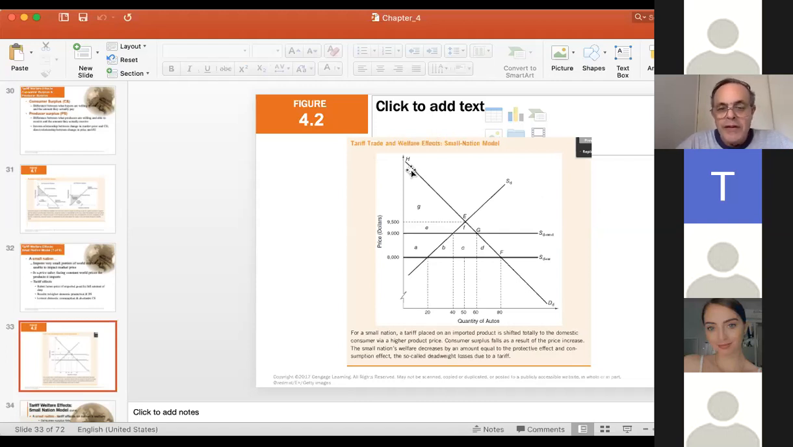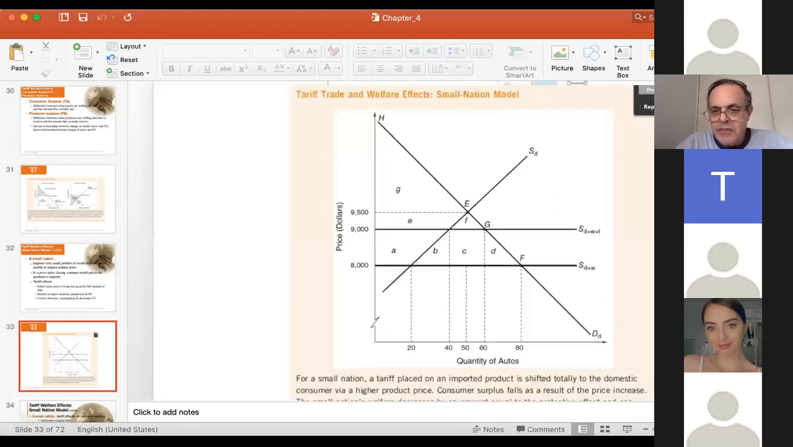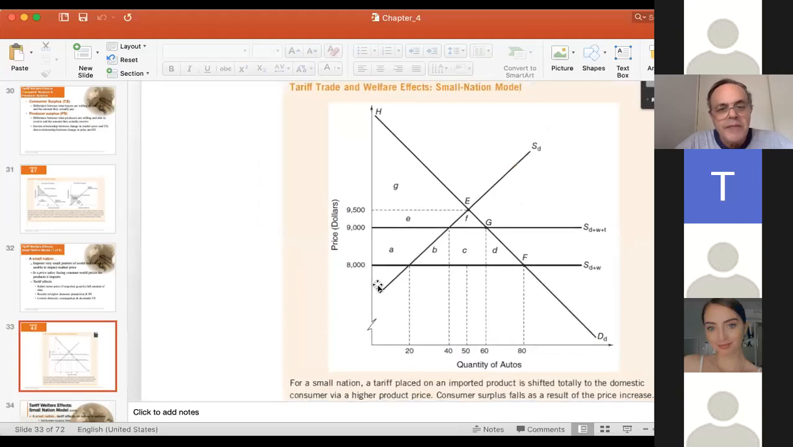Okay, so now let's put this into a demand supply model. The first thing, of course, we need to do is draw the demand that the country faces, which is downward sloping, and the supply, which is upward sloping. The point of intersection will determine the autarky equilibrium. In other words, this would be the autarky price, which would be equal to,